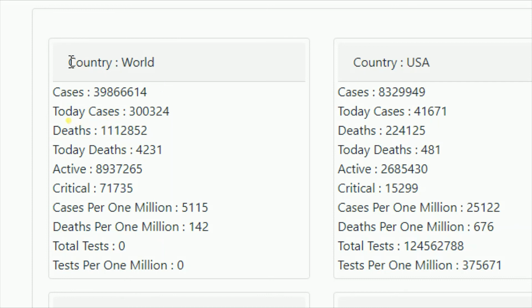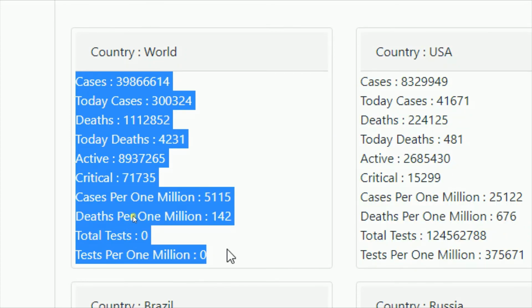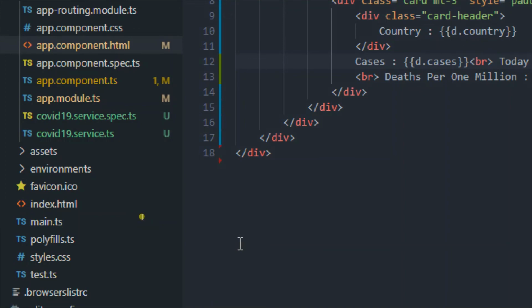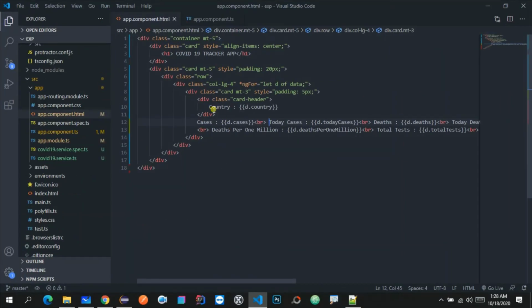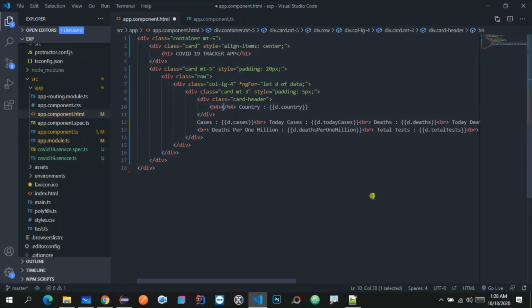So we will assign some styles to make it bold, and for this particular below data we will assign one extra class which will give some more extra styles to this data. So inside Visual Studio Code, we will just assign H4, and we will keep this country and country